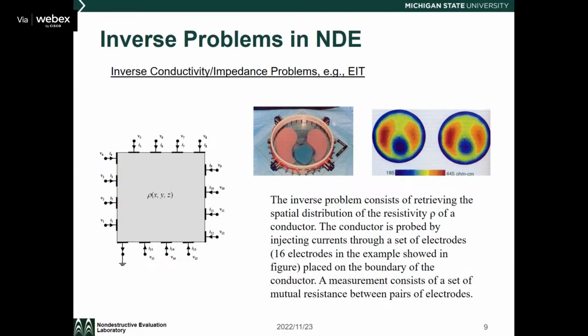For example, you can see here a human body with lungs. If you want to do lung imaging, you can understand that as a distribution of the resistivity or conductivity over space, rho of x, y, z. So if you put electrodes on the human body, here, mathematically simplified into a square, you can put 16 electrodes here,